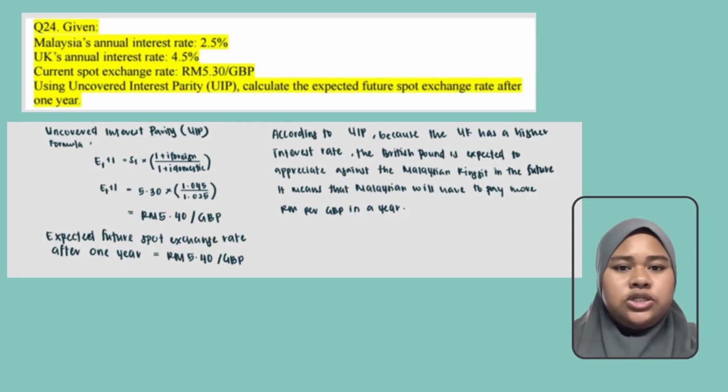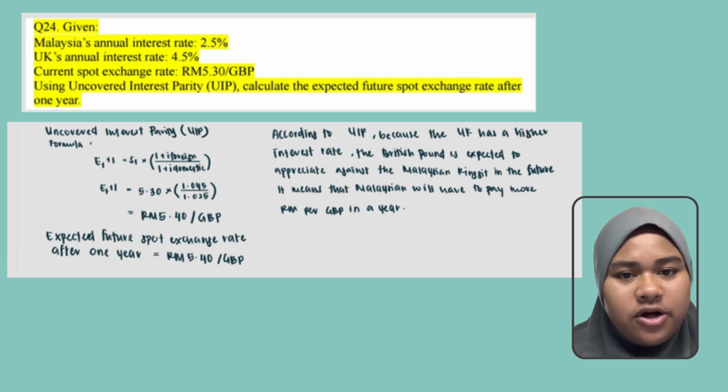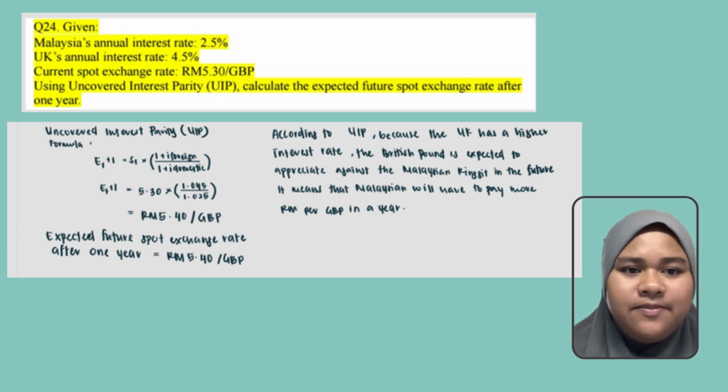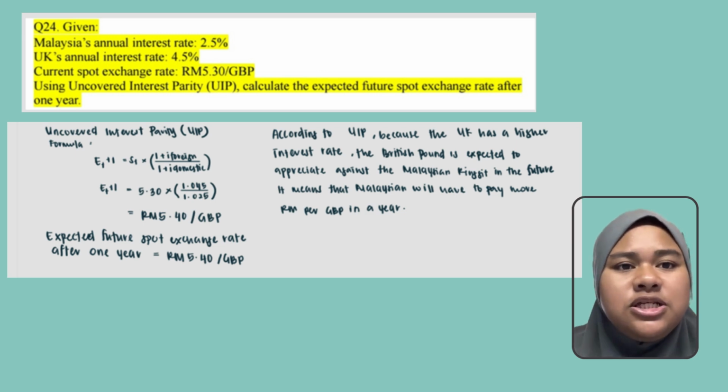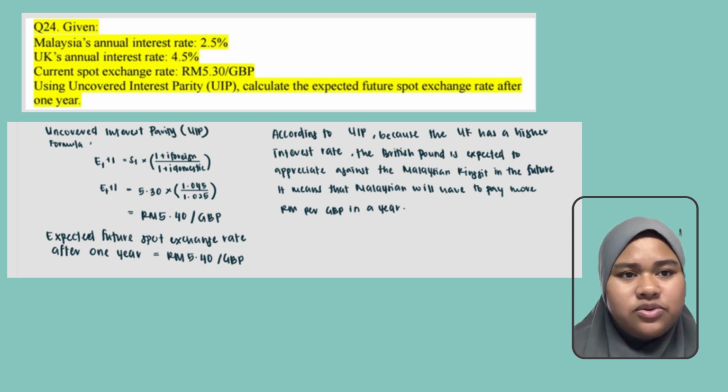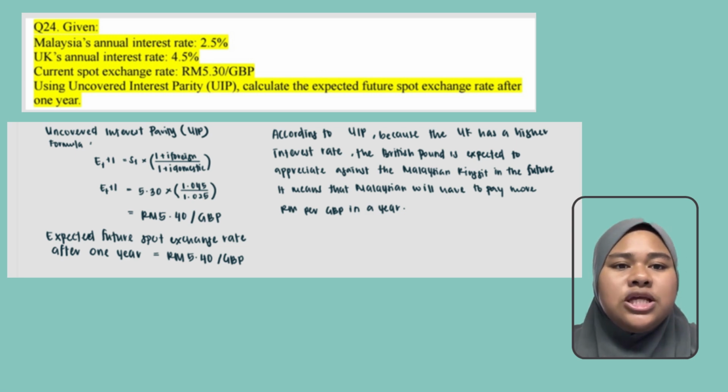The next question, which is 24, I will explain how to apply the uncovered interest parity theory to determine the expected future spot exchange rate between the Malaysian ringgit and the British pound, GBP. The given data is Malaysia's interest rate, which is 2.5%, the UK's interest rate, which is 4.5%, and the current spot exchange rate, which is 5 ringgit 30 cents over GBP. So step one is we need to